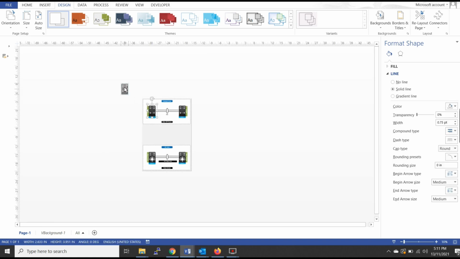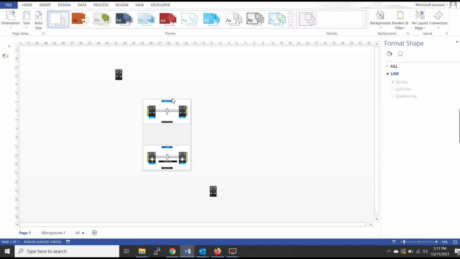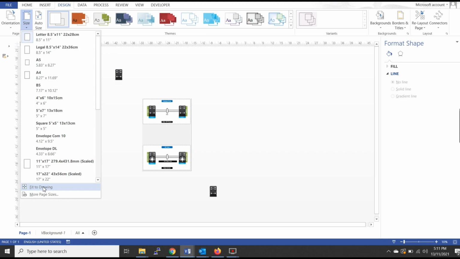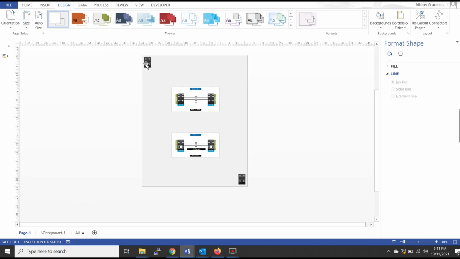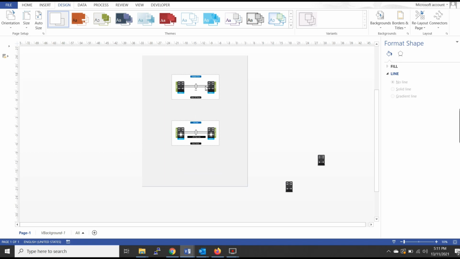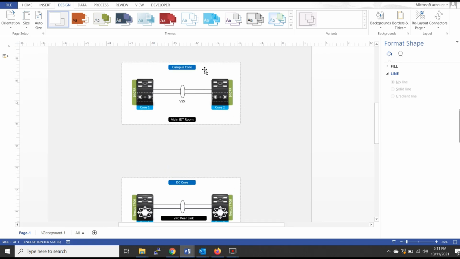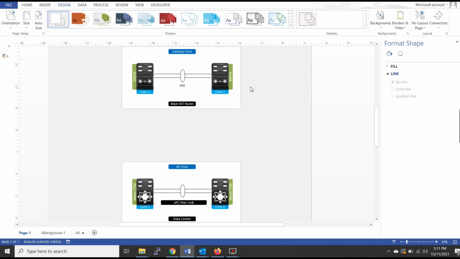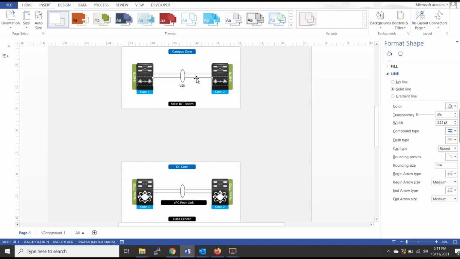What else I can do, just need a bigger working area. Later on I will adjust according to my drawing. So I will place some symbols on some distance, so I will have some more area to work on. Now this is my DC core and campus core. Now I can draw some connectivity in between. For example, let's say